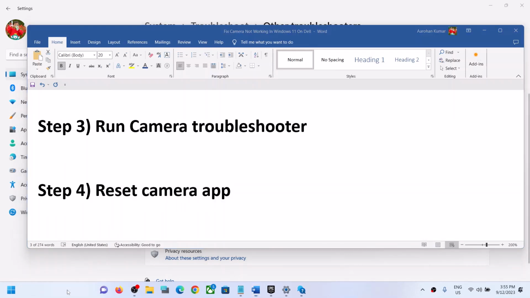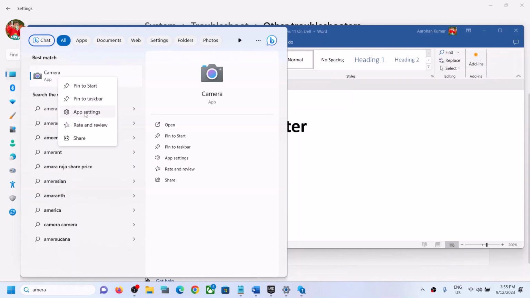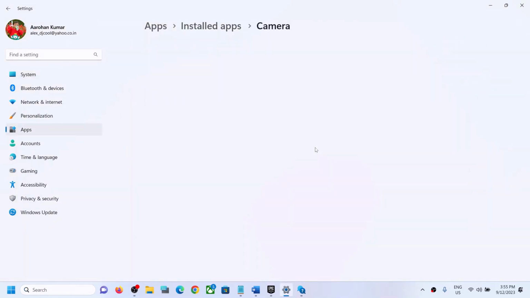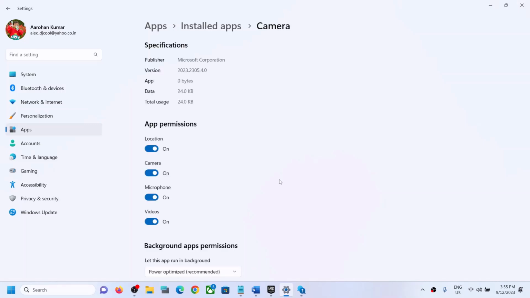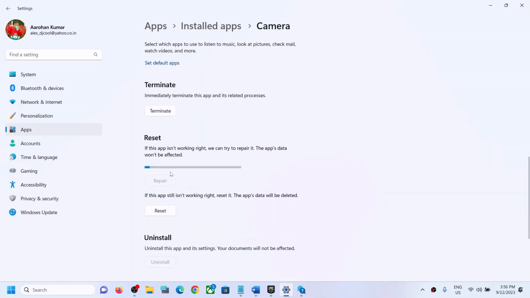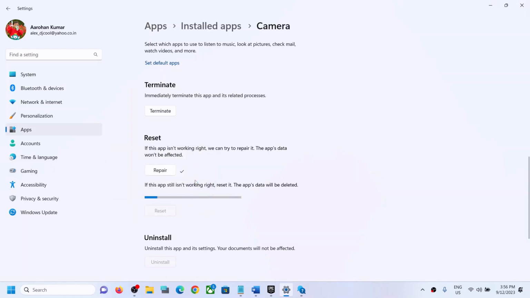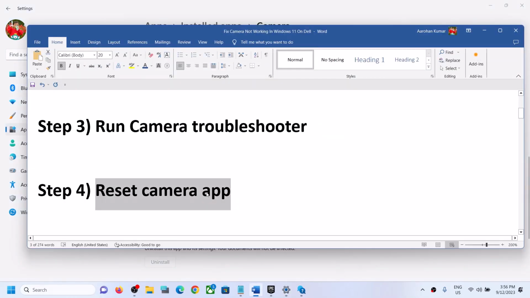Now for this, type in camera in the Windows search box and then right click on the camera app and then click on app settings. Now over here, scroll down. Here you can see the repair option. So first of all, try repair and then open the camera app and then check. If that does not work, you can reset the camera. So click on reset. Now after the reset, you can try opening the camera and then check. Still if you are facing the problem,